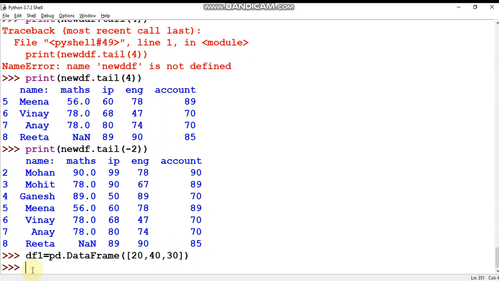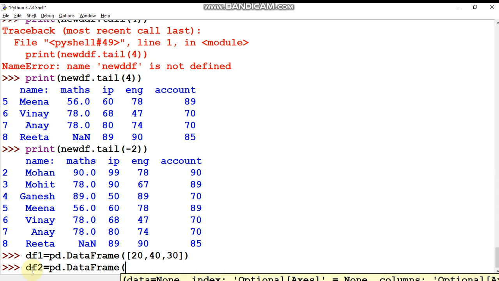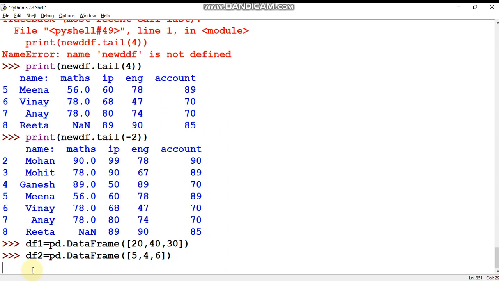So this is the data frame, and one more data frame I'm going to create, that is df2 equal to pd dot DataFrame, and here I'm going to pass 5, 4 and 6. Now df3 equal to, I'm going to use here the div function.